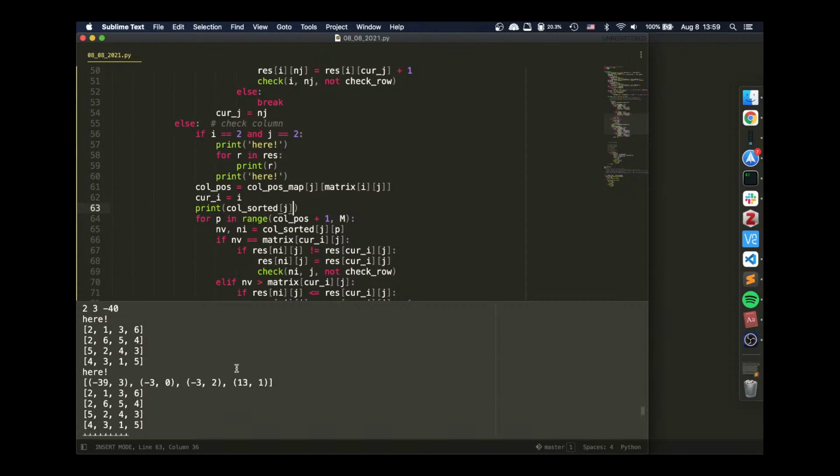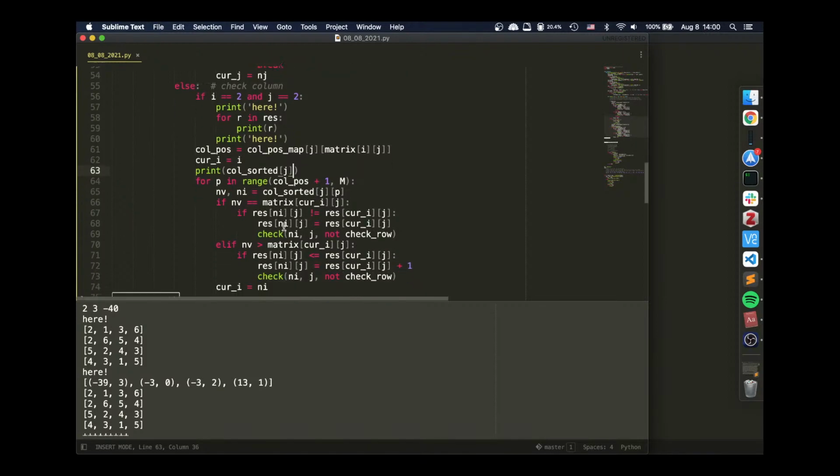Sort column j. 0, 1, right? And then 2. And v is minus 3. Right? Minus 3. Then with minus 3, v equals the matrix current i and j, which is minus 3. And the rest, next i is going to be